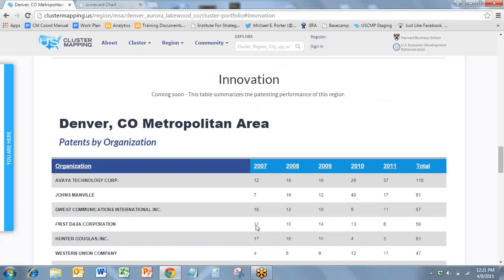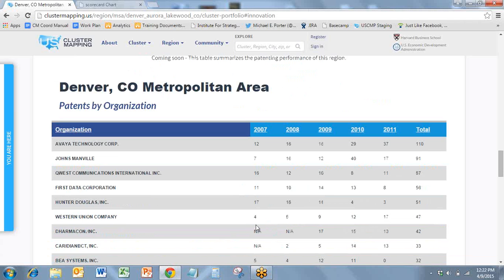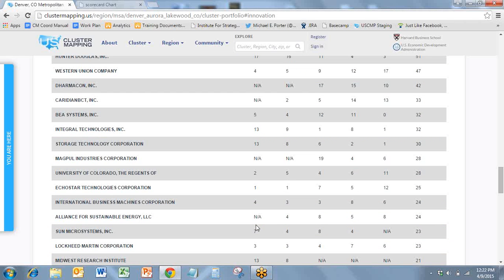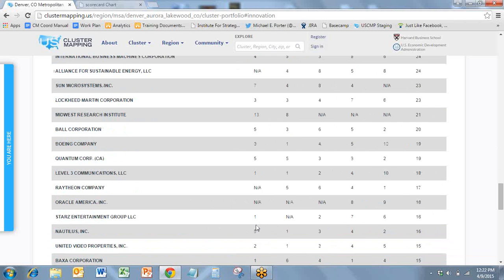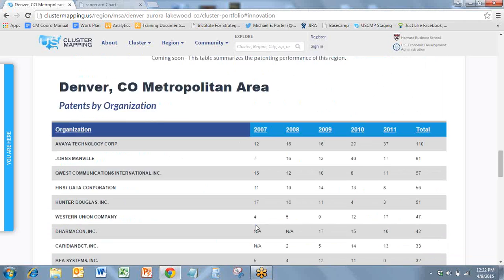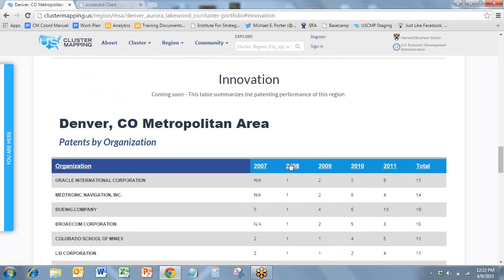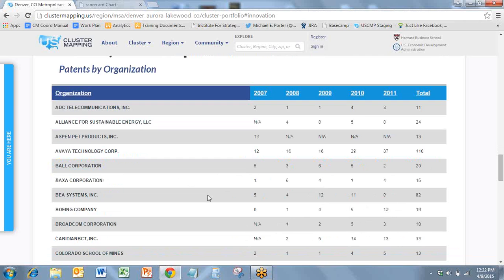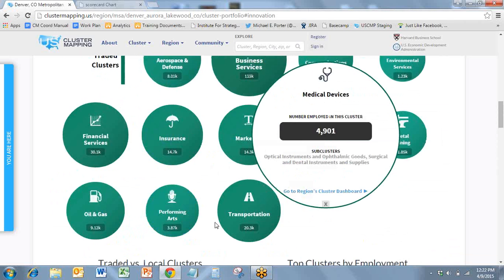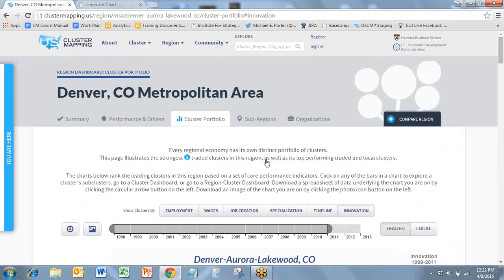Finally, at the bottom of this page, you will see a table listing the number of patents awarded by organization in the Denver-Aurora-Boulder region for that given range of years. You can change how the data are sorted, in ascending or descending order, by organization or year by clicking on the column headers. Next is the subregions page, which shows you the comparative wage performance and comparative employment performance of different